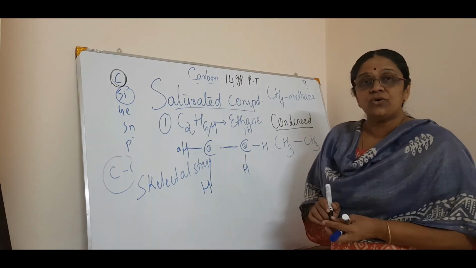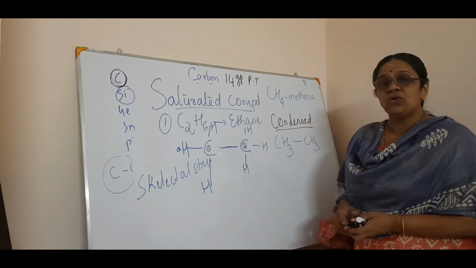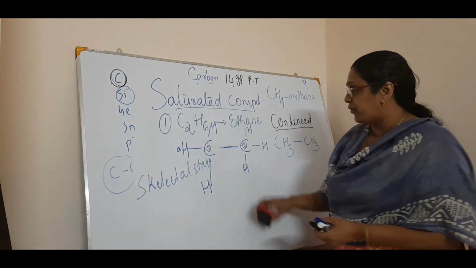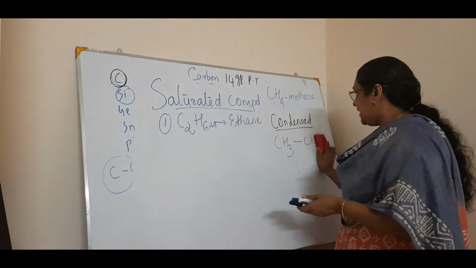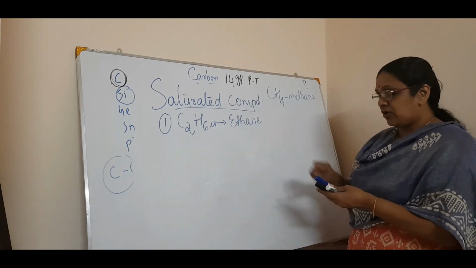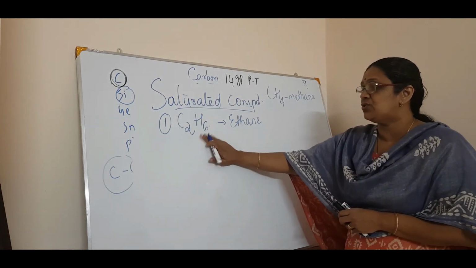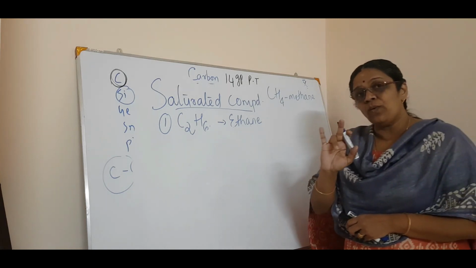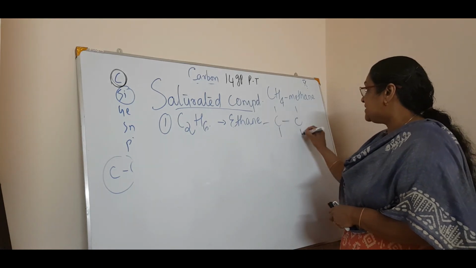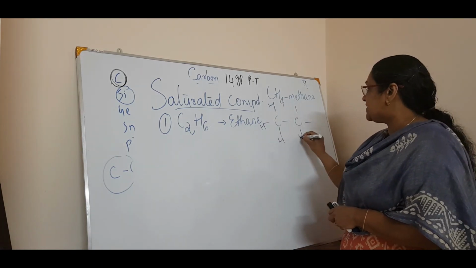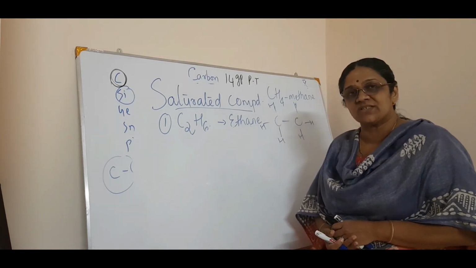So now you know how to draw the structure of ethane. Okay, ethane. So that is C2H6. One more I will draw for you. Before going with that, we will now draw the electron dot structure. You know the electron dot structure of methane we have drawn. Now we will draw the electron dot structure of ethane, C2H6. Once you know the structure of ethane, CH3 single bond CH3, it is very easy to draw the electron dot structure, isn't it?